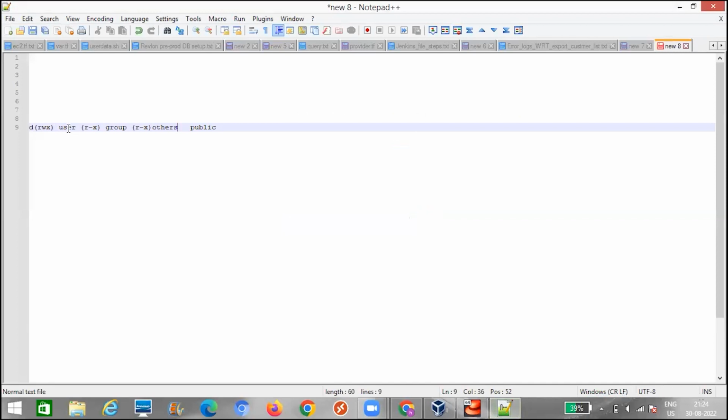Let's go over here. For the user Harsha, it has permissions to read, write, and execute on this folder or directory. For the group Harsha, it has the permissions to read and execute only. It doesn't have permissions to write over there. For others, if you haven't logged in with the group or user that belongs to Harsha, then you have permissions to read and execute, and you don't have permissions to write anything in this folder.